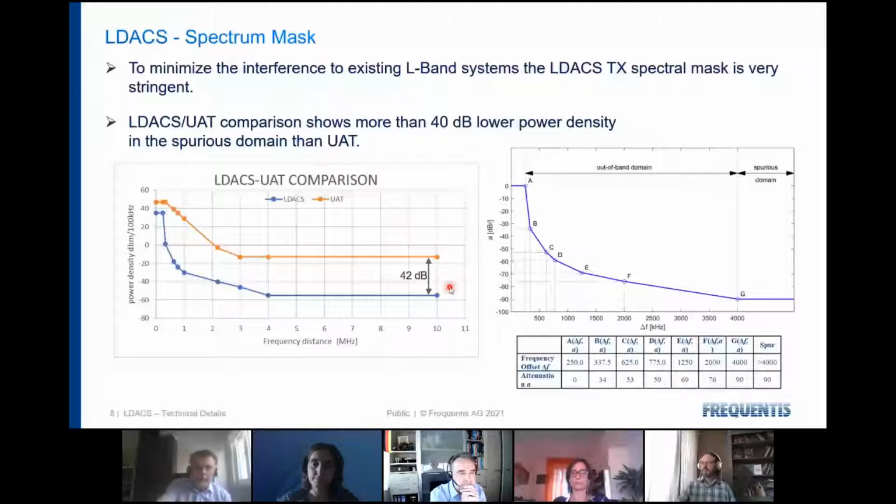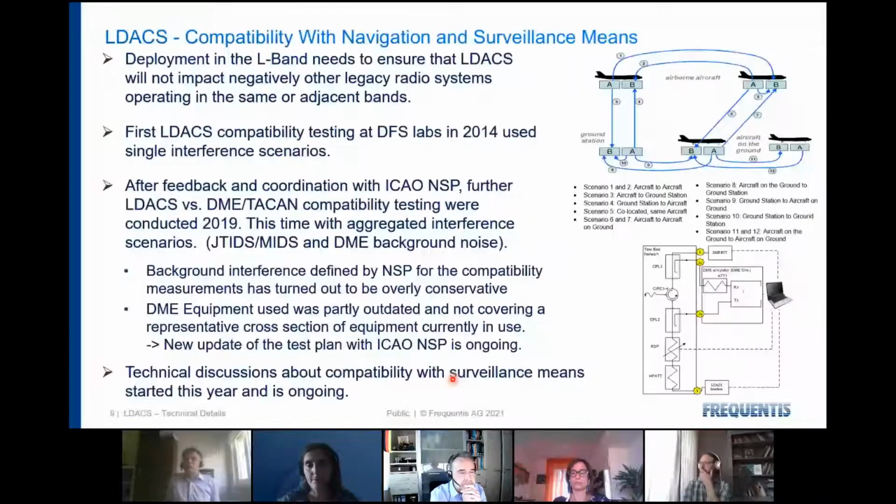Okay, next is about the compatibility with navigation and surveillance means. In order to deploy LDACS in the L-band, we need to ensure that it will not impact other legacy radio systems operating in the same or in adjacent bands. So after several compatibility analyses and many simulations, the first LDACS compatibility tests were carried out in 2014 at the